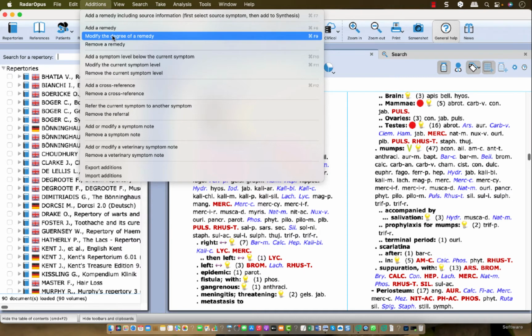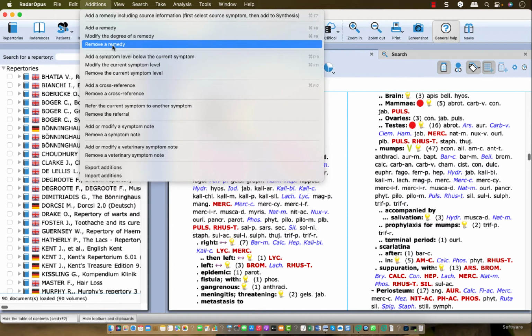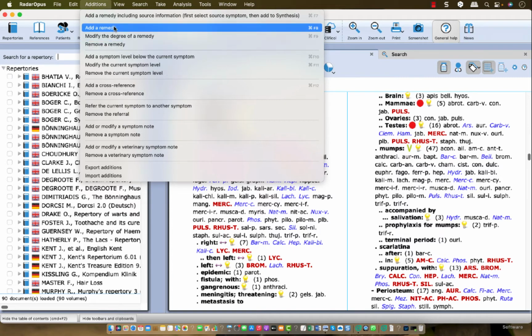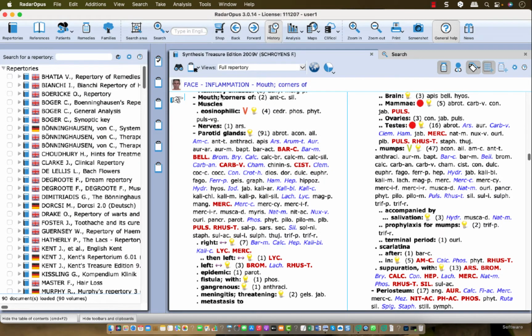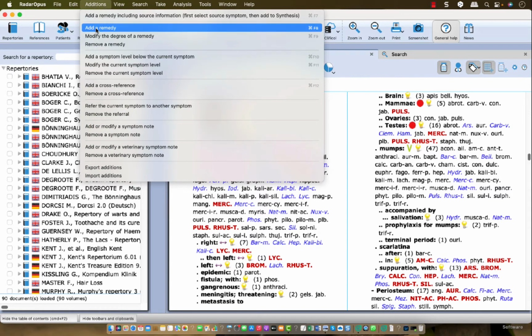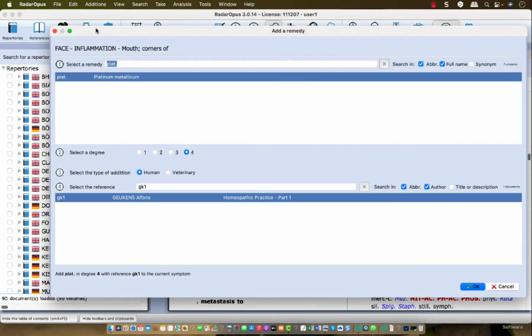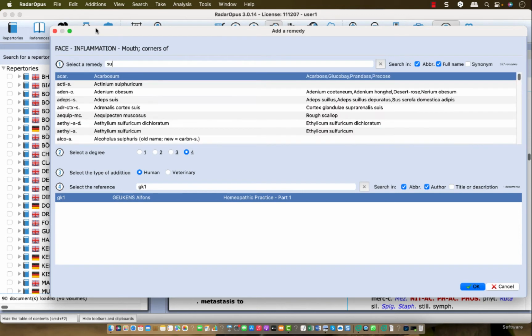That's if you want to change an addition you already made, a remedy addition, or you want to remove a remedy addition. So, add a remedy. Let's go to this symptom here: face, inflammation, mouth, corners of mouth, with 2 remedies. Let's say you read somewhere or heard at a seminar a certain remedy being mentioned for this symptom. Then you can go to the menu Additions, add a remedy, and let's say it's sulfuric acid,